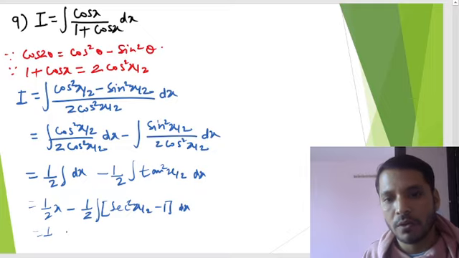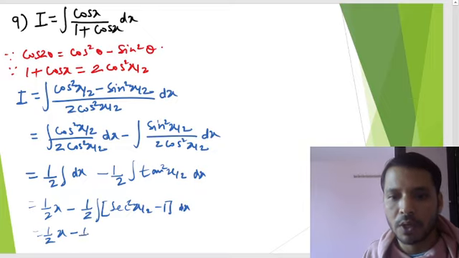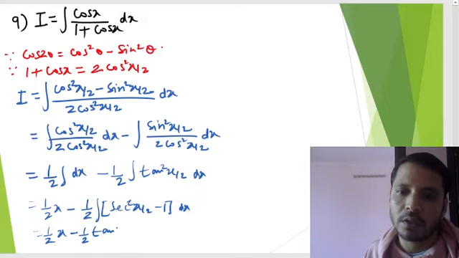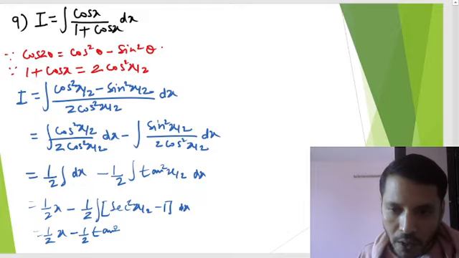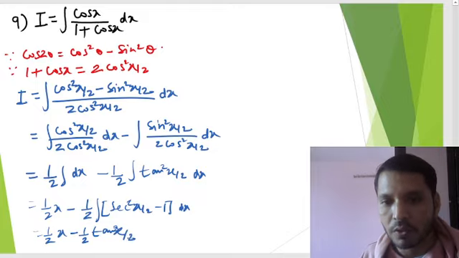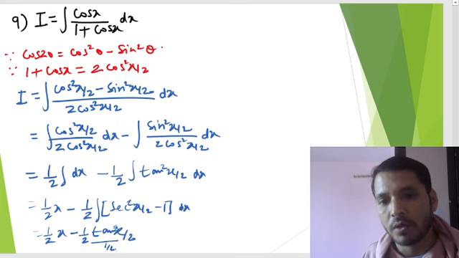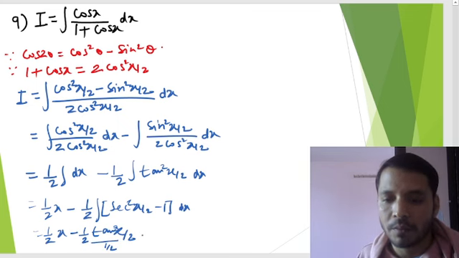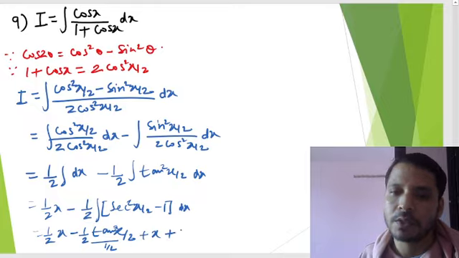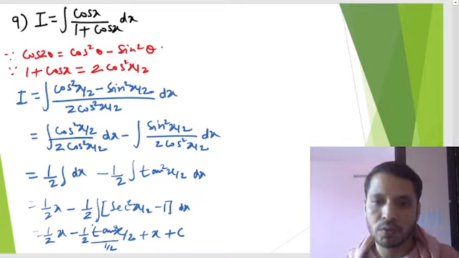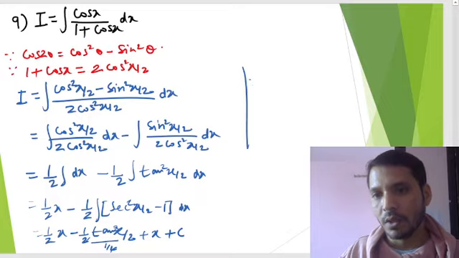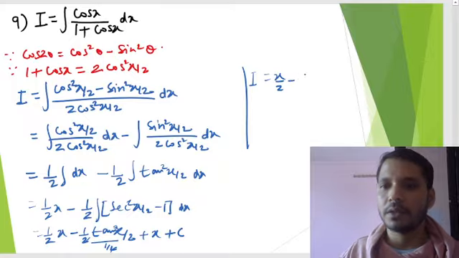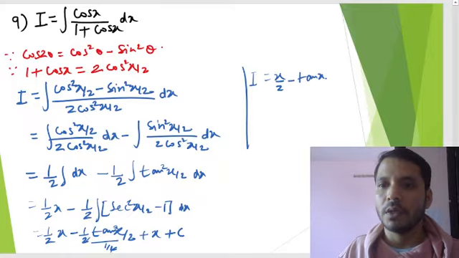So this will be 1 by 2 into x, and here 1 by 2, and the integration of secant square is tan, so tan x by 2, and this is divided by 1 by 2, right? And then minus will become plus, so plus x plus c. Now here we have 1 by 2, so this 2 and 1 by 2 will get cancelled out, so finally the answer is I is equal to, we have x by 2 minus tan x by 2,